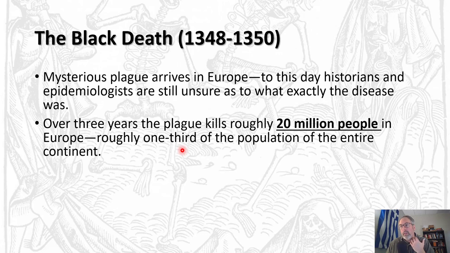It's called bubonic plague because a bubo is a bump or a nodule that would show up on your face or on your neck. And if you saw that, basically you knew you were a goner. And if someone in your family was, the best that you could do was quarantine them in the house and allow them to die this agonizing death. But you couldn't be near them because you would almost assuredly catch it and die yourself. And so it sweeps through the continent and just absolutely devastates it.